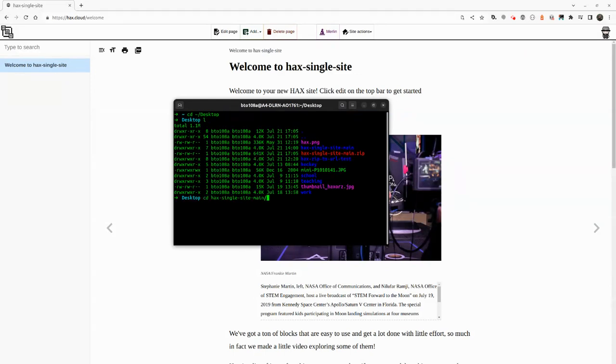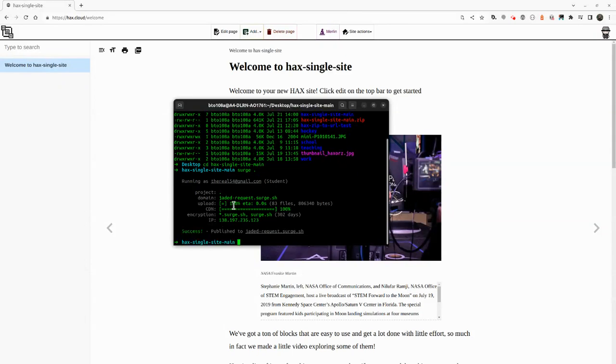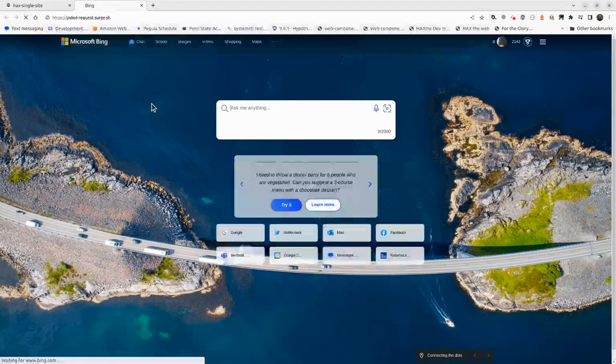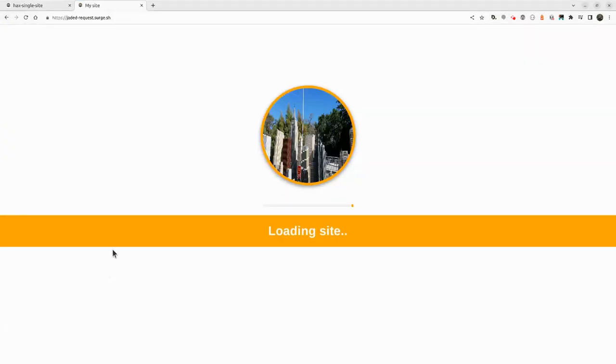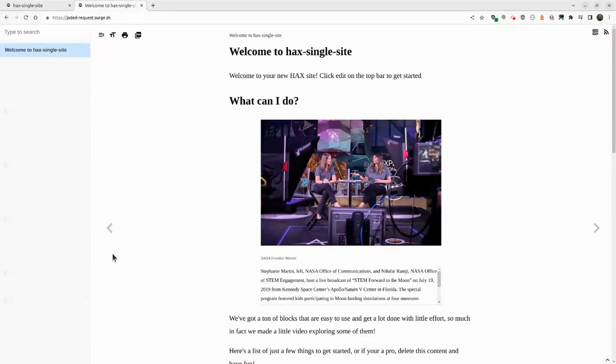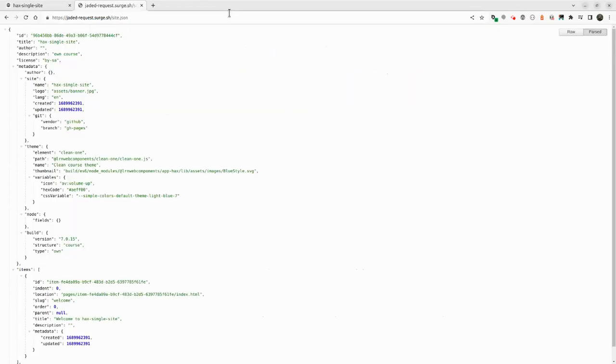tooling-based solutions. And so you go to here and you type Surge. Sure. request.surge.sh. Now it's out on the internet. And because it's out on the internet, that means that site.json is valid. And if site.json exists anywhere on the internet,